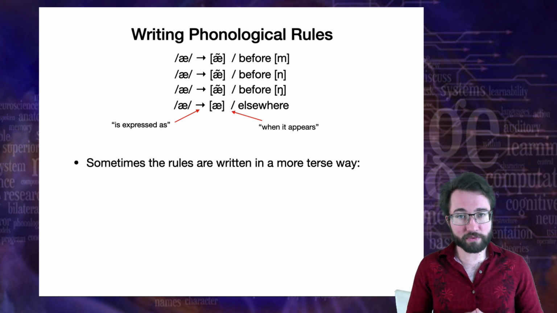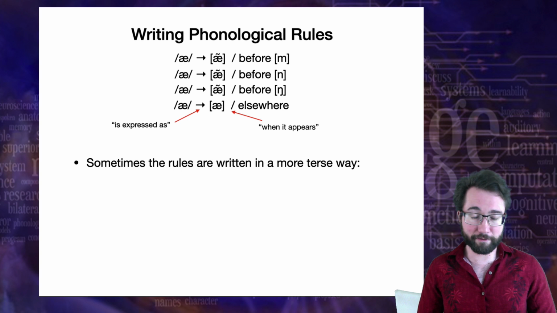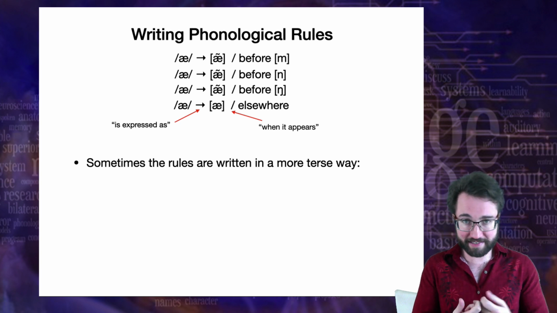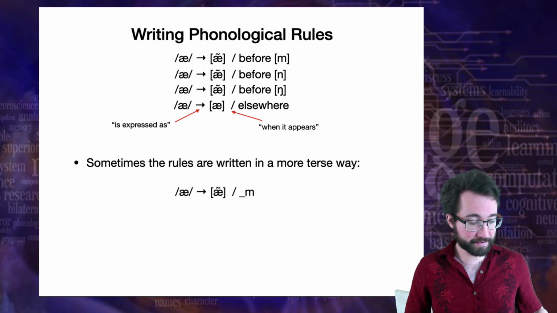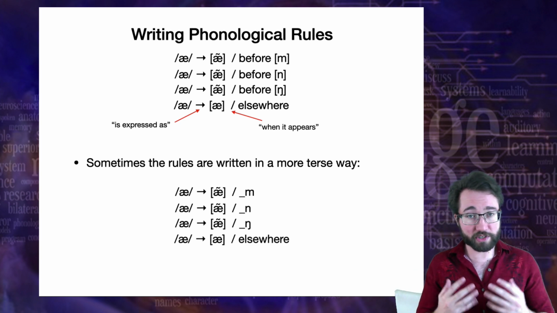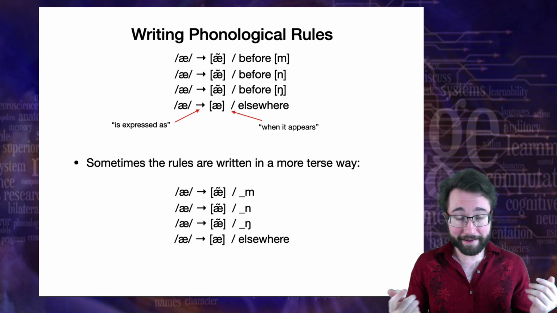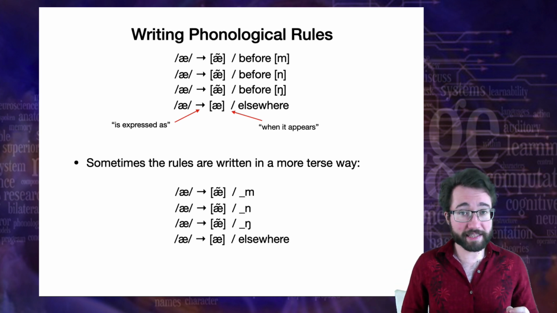So we can also write the rules in an even more terse way. This is a more technical way of writing phonological rules. It's also a bit more precise. You can write them like this. This would be an alternative way to write the phonological rules which describe the distribution of allophones of the phoneme a in English. So the way to read this is that the one on top would be like the phoneme